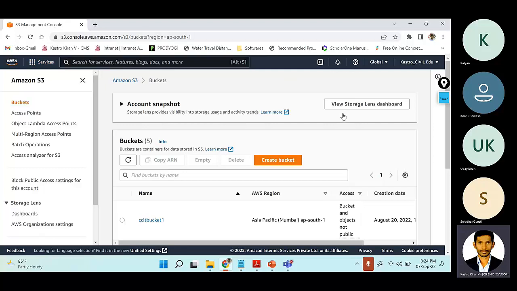So that's all for today's class. In the next class, we'll be talking about the other topic. We'll start S3 in tomorrow's class. Along with S3, we'll also talk about the AWS global architecture. So before we close the session, I would like to show you one more thing, which is called